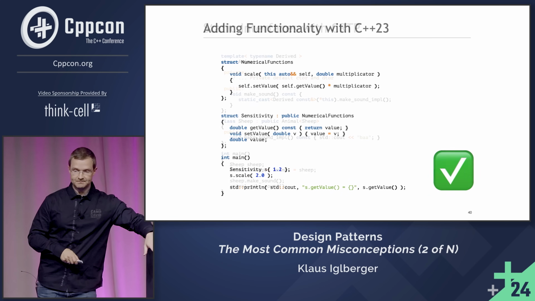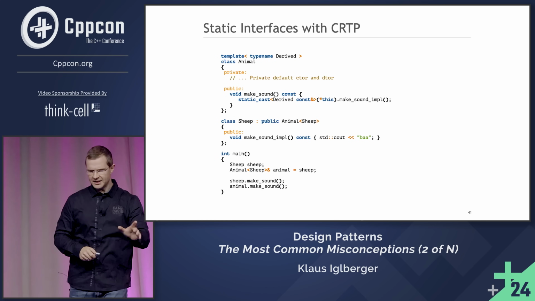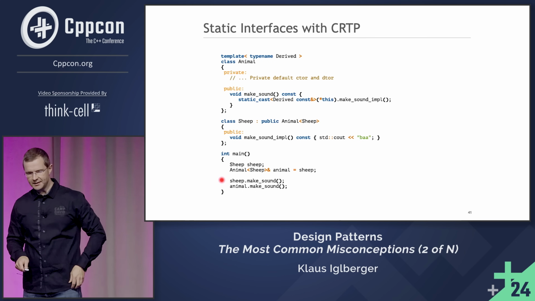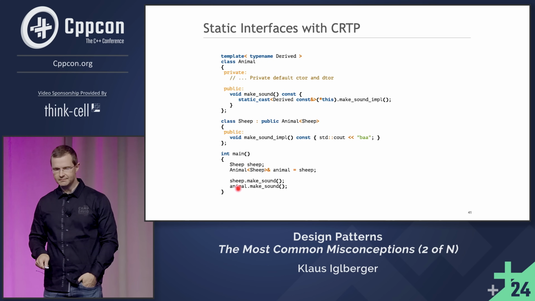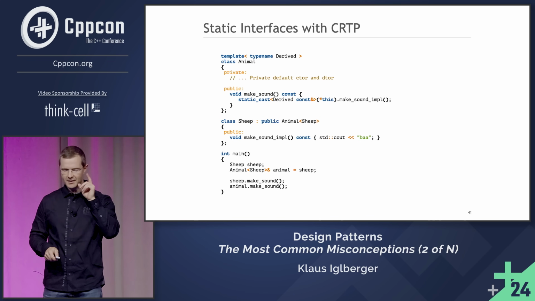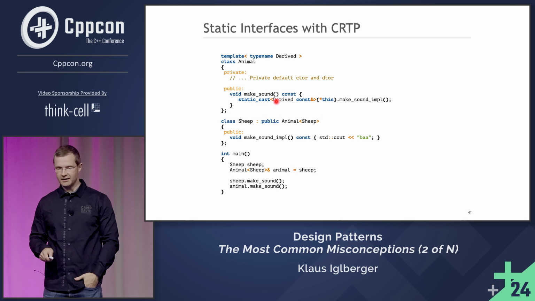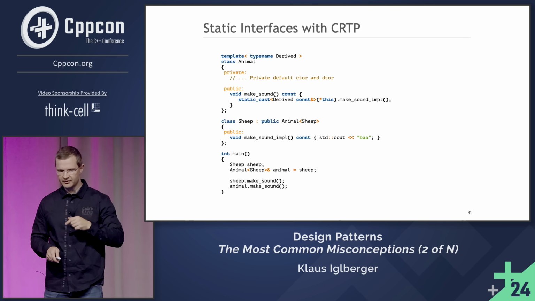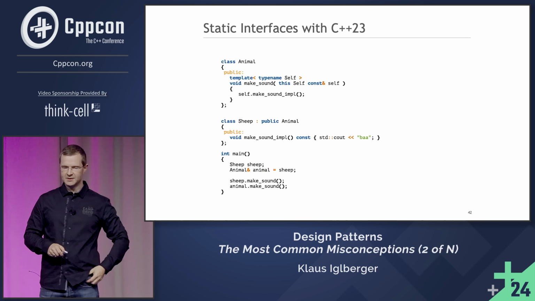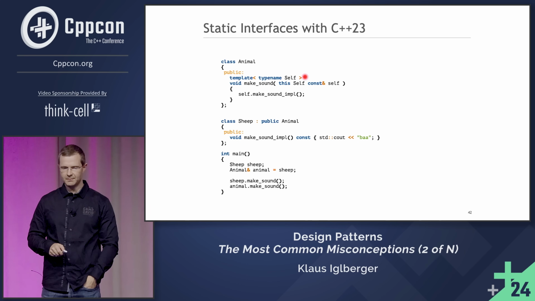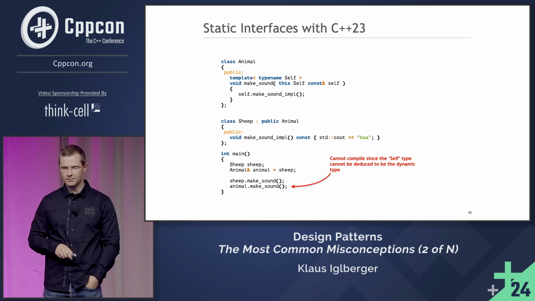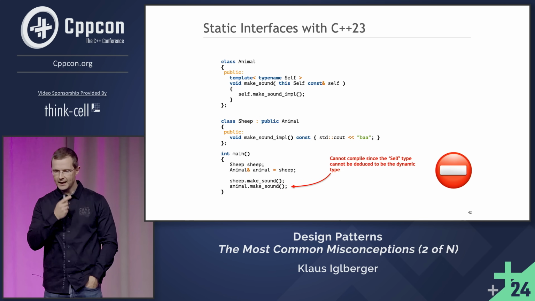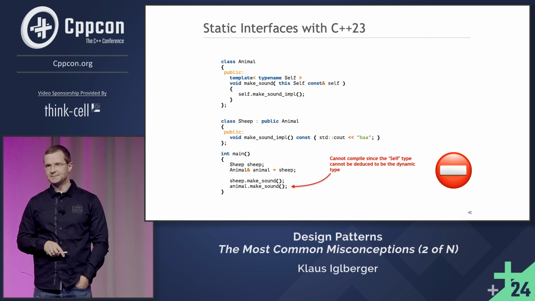Unfortunately, the other example, it is a little different. So I'm using the makeSound function via the base type. But the base type, it simply cannot, so here's still the CRTP form. In CRTP, I can definitely go to the derived class. I know that because of the template parameter. But with explicit object parameters, again, ignore this here, it just does not work. I cannot deduce the dynamic type, only the static one. And so, this cannot be replaced by explicit object parameters.